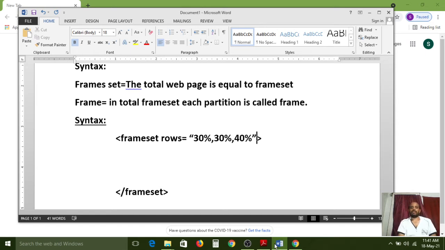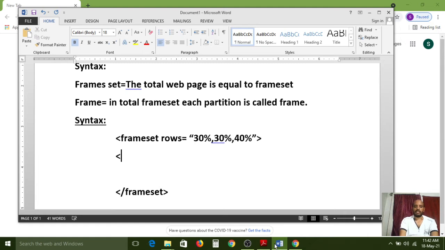If you give rows equal to 30%, 30%, 40% in your code, the first partition is 30%, the second partition is 30%, and the third partition is the remaining space, 40%. So the total 100% is covered.